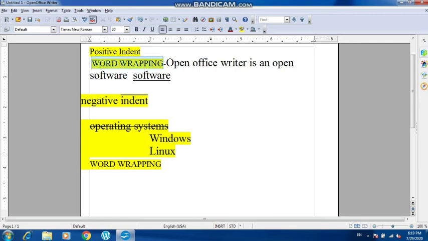However, when you move the text, it will be moved from one place. It means it will be moved from the source location and it will go to the destination location. So it will not be present in the source anymore, in the original place. So this is the difference between the copying and moving of the text.